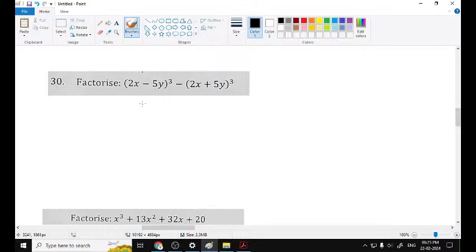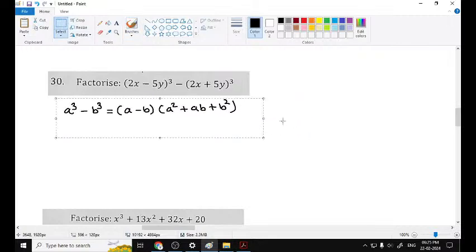Now this is similar to a cube minus b cube, and the factors are a minus b into a square plus ab plus b square. So by using this identity,